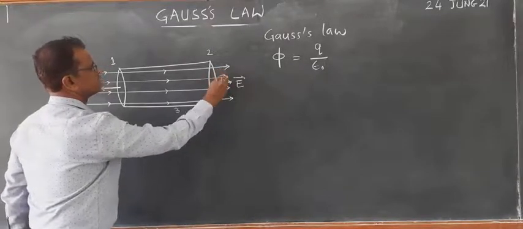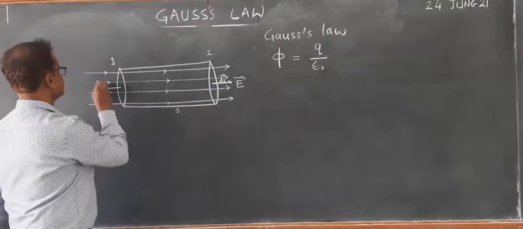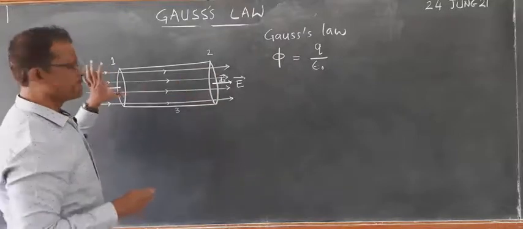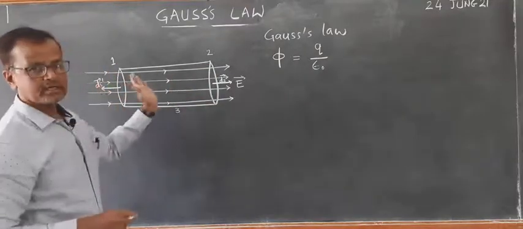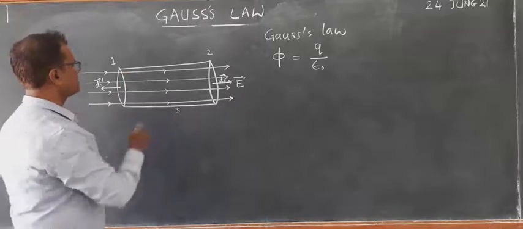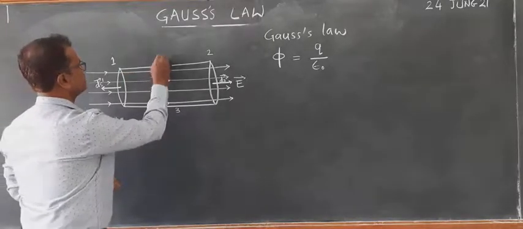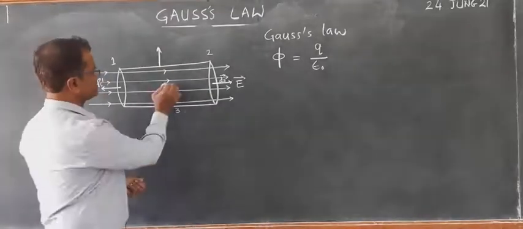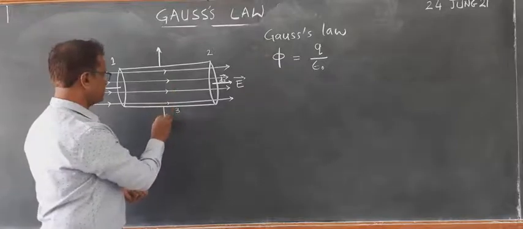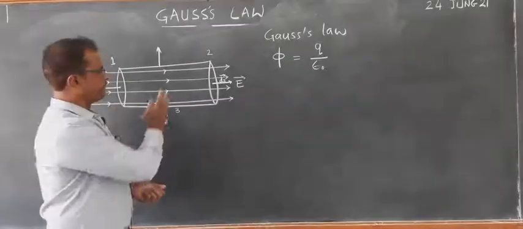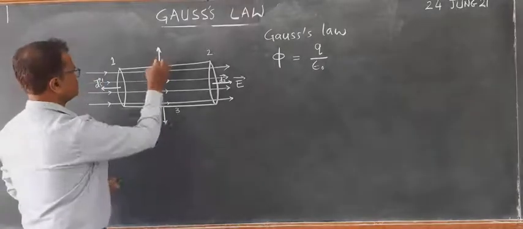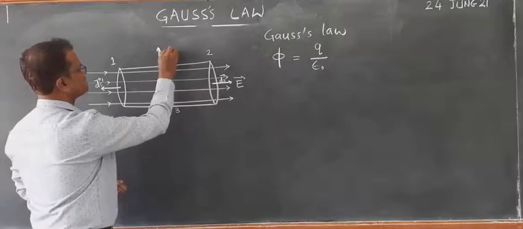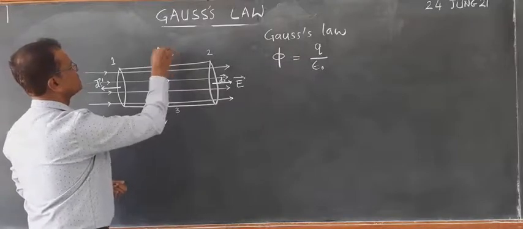If you take this one as ds, this is the direction of ds dash. Both the areas are of the same quantity, but the area vectors are exactly in the opposite direction. Now, the normal at any point on the cylindrical surface is definitely perpendicular to the surface, outwards. At this surface it will be pointing outwards, and here it will be pointing downwards. So, everywhere it is perpendicular. So, if you look at this, this becomes the ds dash, ds double dash you can take.